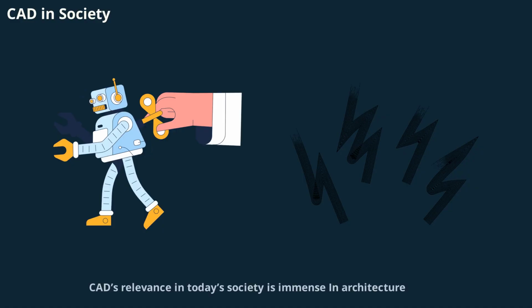CAD's relevance in today's society is immense. In architecture, CAD helps create building designs, 3D renderings, and precise construction drawings, reducing errors and costs. Manufacturing relies on CAD/CAM for designing machine parts and programming CNC machines, enabling automated high-precision production. The medical field uses CAD for prosthetics, implants, and medical imaging analysis, while automotive industries simulate crash tests and aerodynamics virtually. CAD is also crucial in electronics, education, environmental design, entertainment, and gaming, offering time and cost savings through digital